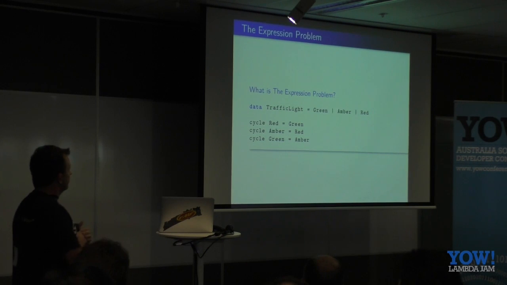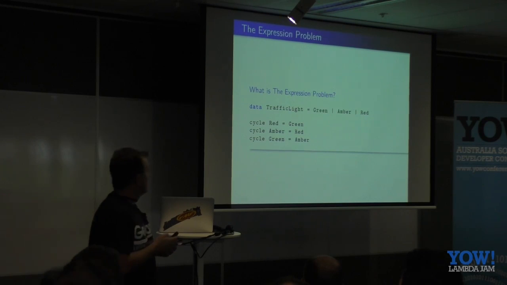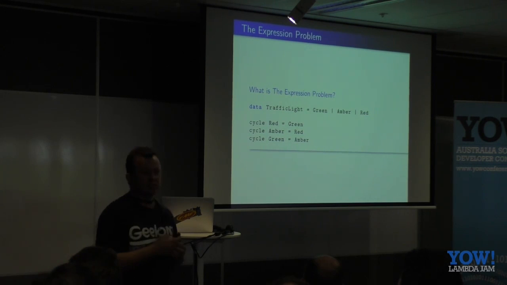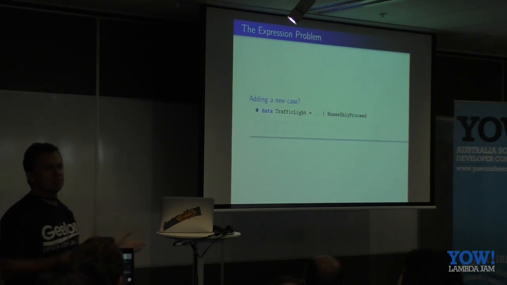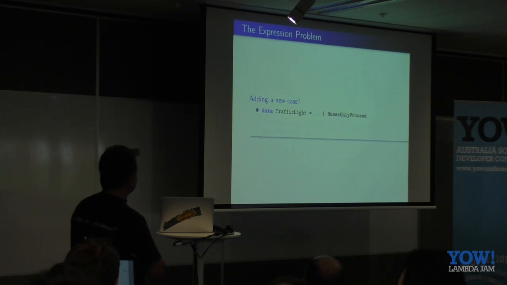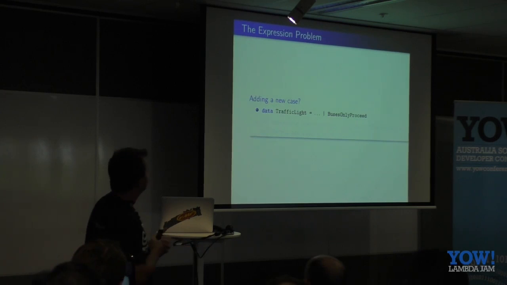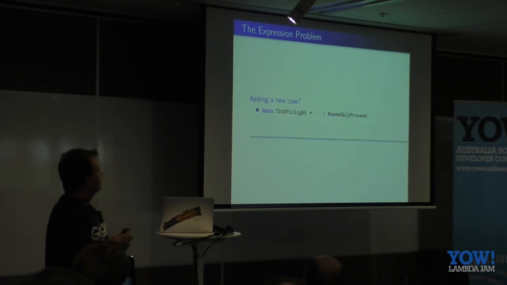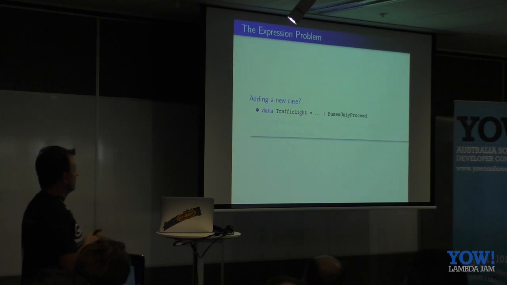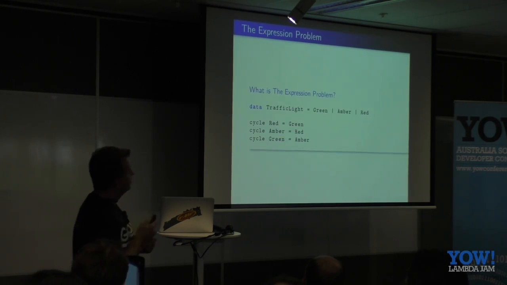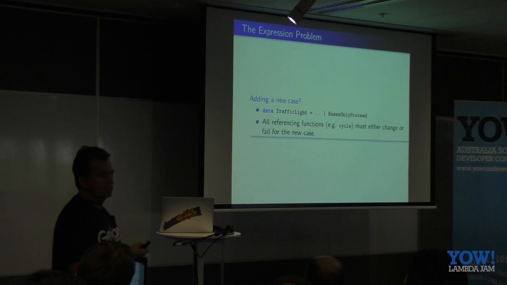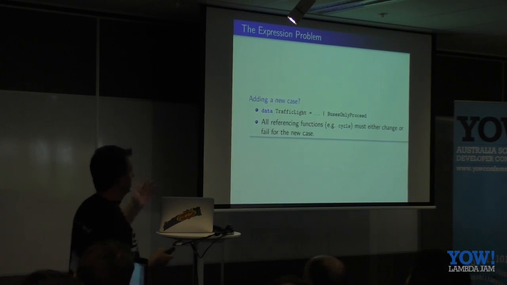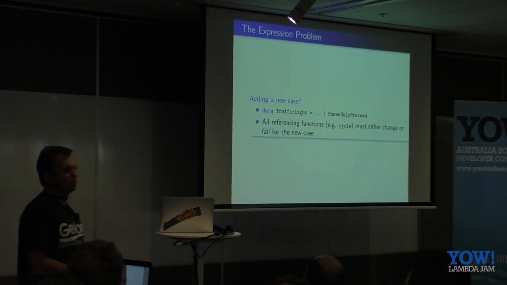And the question is, what happens when we need to add a new construct to this data type? So only buses proceed. I think we have a few of these now in Brisbane. They didn't when I was very small, but we do have them now. So the question is, what happens to functions such as this cycle function and all functions that reference that code? That code must either change or it fails. So it'll become a non-exhaustive pattern. All right, so the expression problem is,